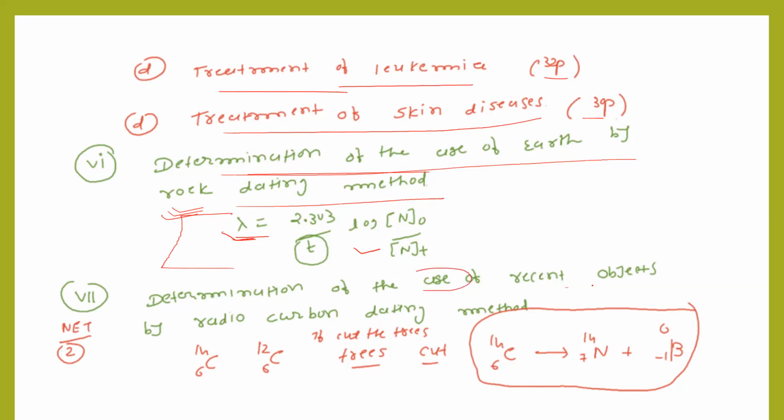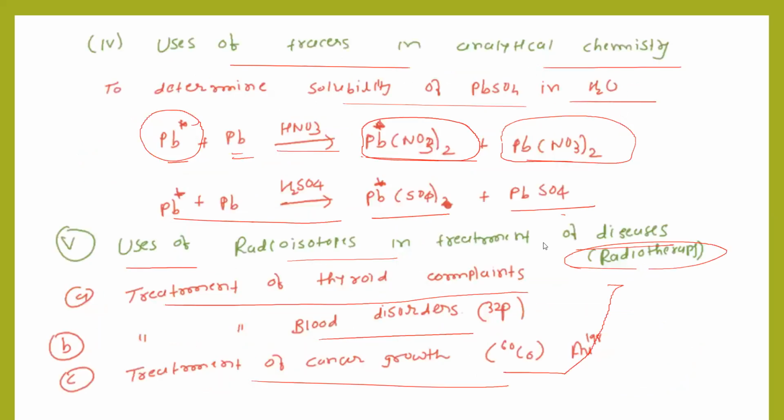Determination of the age of recent objects by the radiocarbon dating method. Radiocarbon dating is very popular, and with this method we can detect the age of fossils, trees, or whatever samples we have. So these are applications of